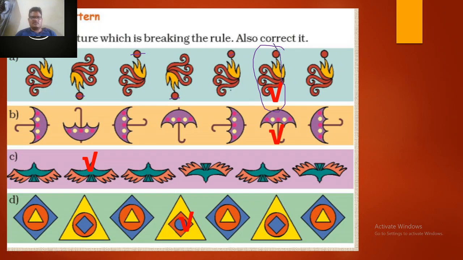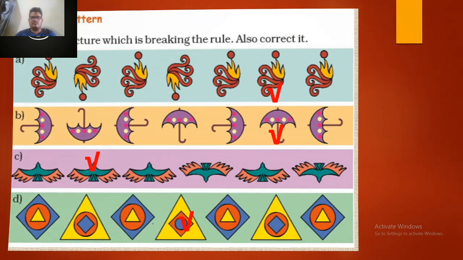Okay, you can see this is an umbrella. First of all you can see it in this direction. In the next one, it is in the downward direction. Here this direction. Here upside direction. Here upside direction, means the pattern is going on correctly. But here you can see it should be in downside, but it is in upside. So what will be the correct pattern? That umbrella should be like in this shape in the next pattern. Okay, so in this way you have to do.